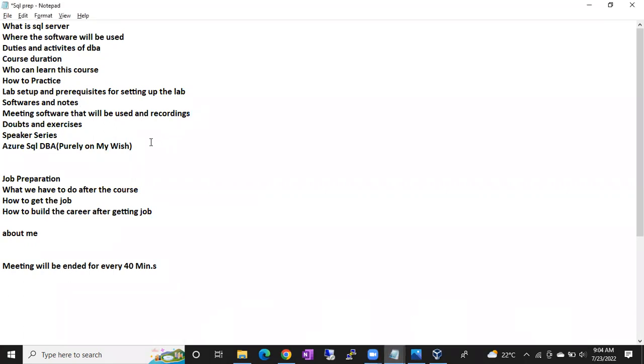For the benefit of others, I just want to mention two points here. In real time, in all the companies, irrespective of where you work, US, India, or any part of the world, there are two phases. One is the BAU phase, and the other one is the project phase. All the installation, setting up or configuring everything comes under the project phase. And coming to the duties and activities of a DBA, from point number 3, that will come as BAU.